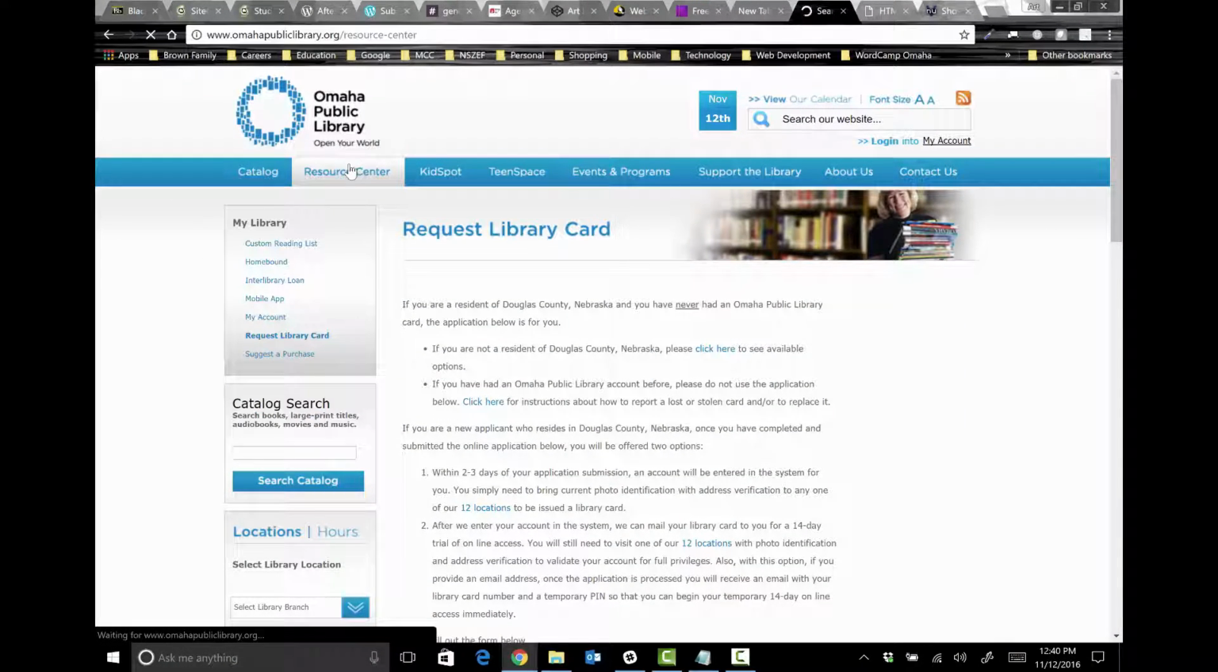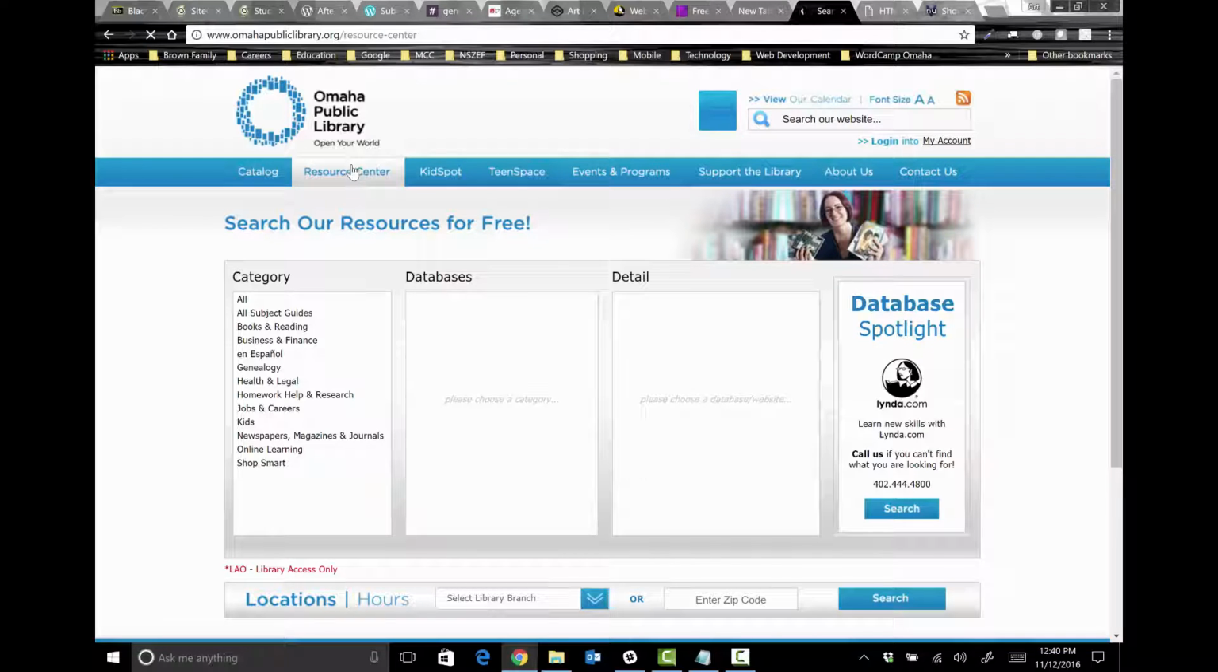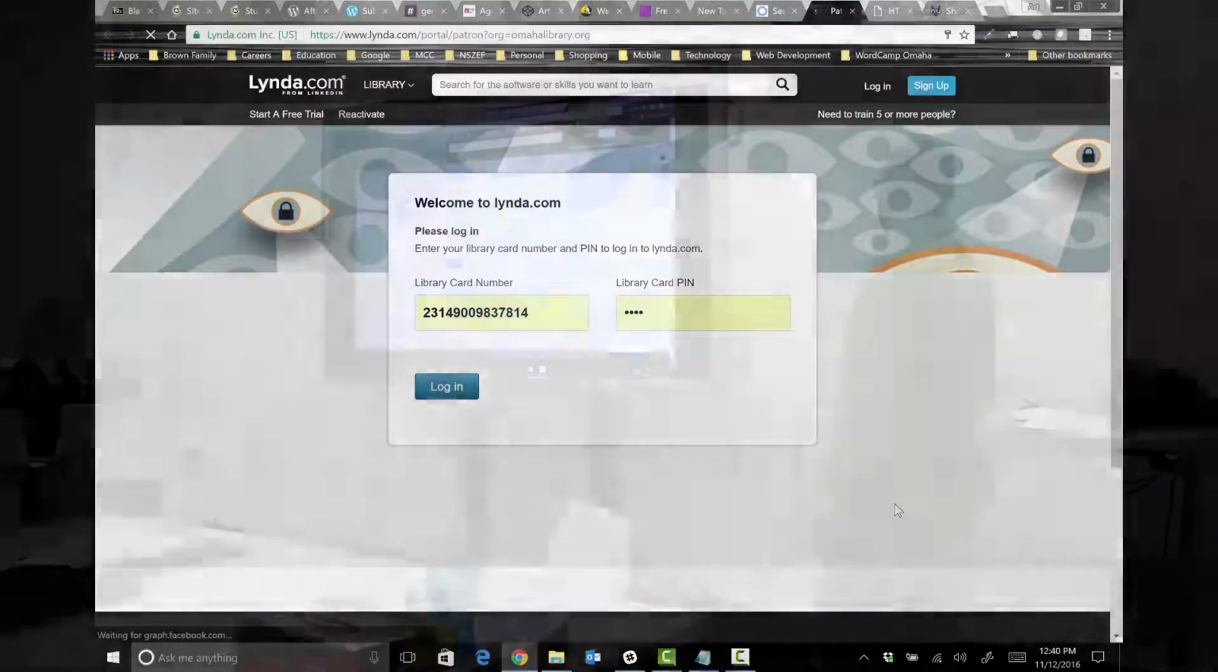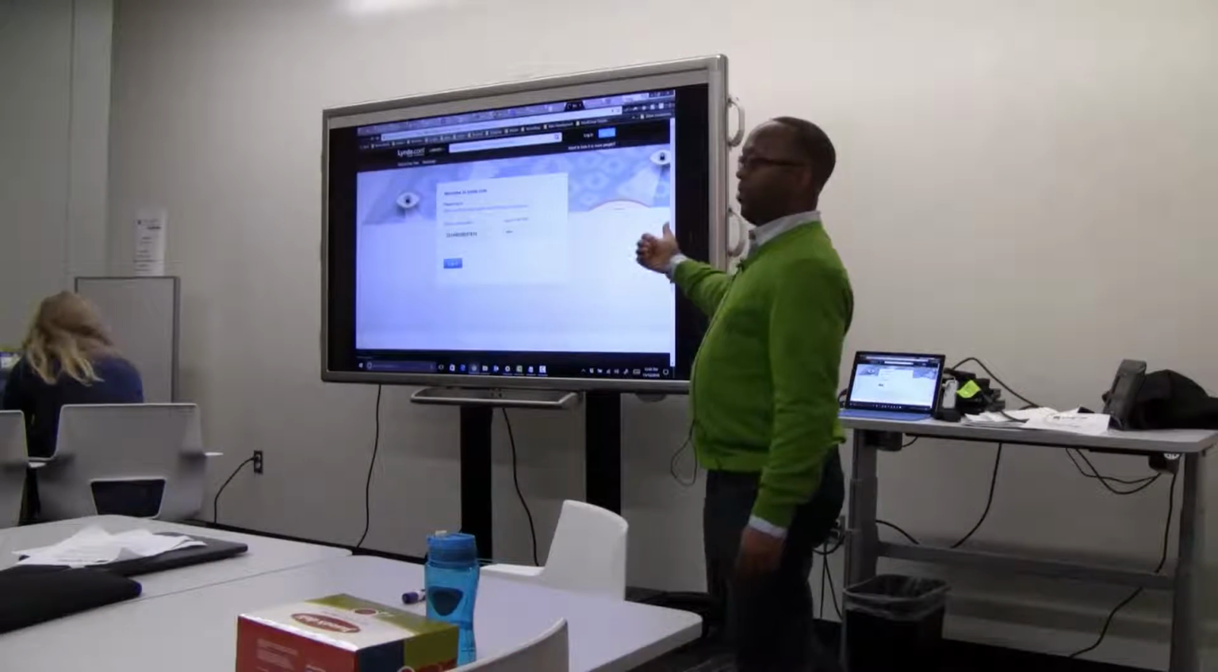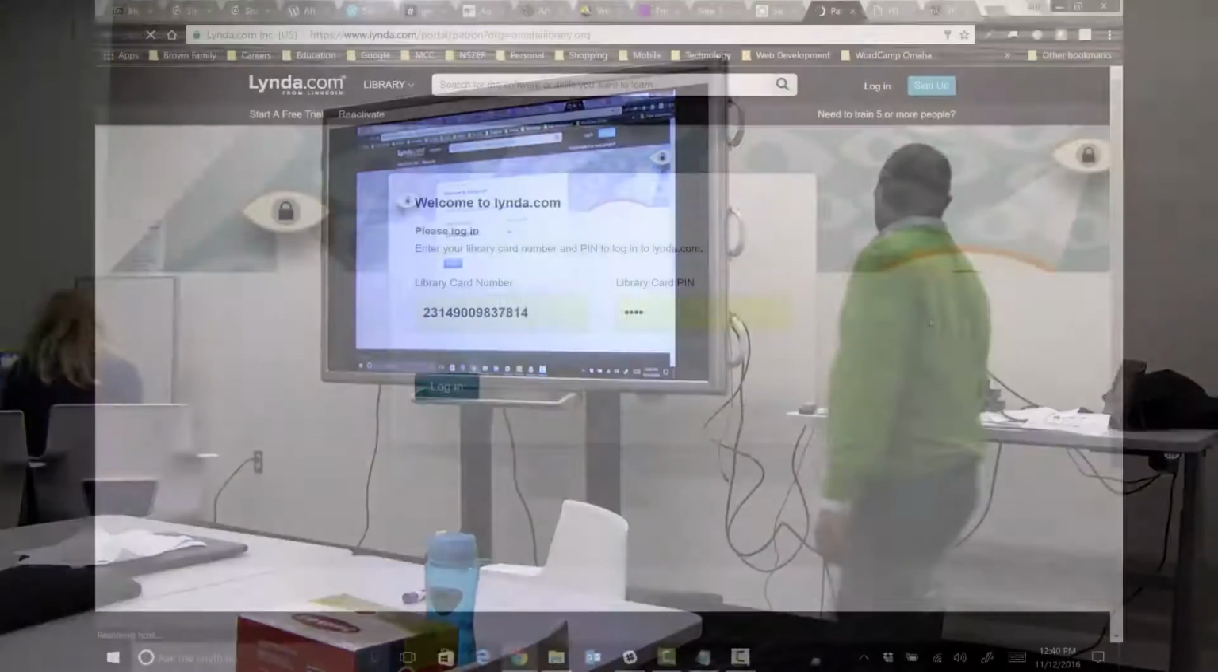under Resource Center, when you get to the Omaha Public Library site, and then on the right side, you'll notice you'll see a link to lynda.com. You can directly click that option, and once you have your library card number, mine is already pre-filled, you'll create a PIN number with it. You simply log in,